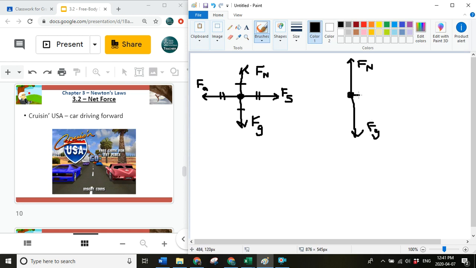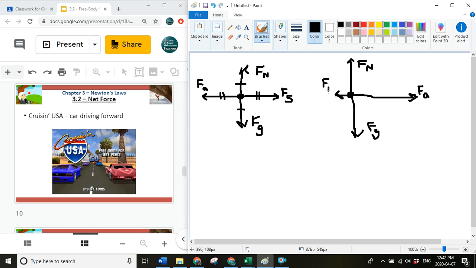Now the car has some sort of engine. The engine is pushing the car forward. Think about Fred Flintstone with his feet. He makes the car move forward. Well, now we have engines that do that. Is anything fighting the car going forward? Well, probably a little bit of gravity, or sorry, not gravity, a little bit of friction,